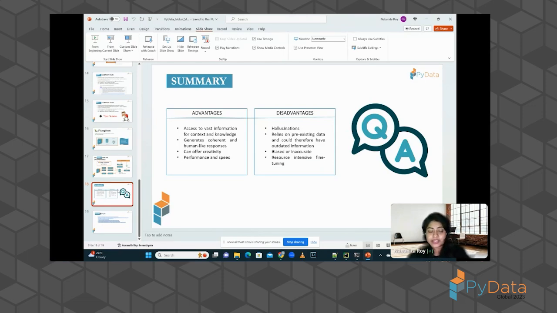It's very risky in the industry to produce hallucinations and present them to users, because that can cost you a lot. It relies on pre-existing data and could therefore have outdated information, right? And we've already seen that. And then biased or inaccurate data as well, in terms of the disadvantages.